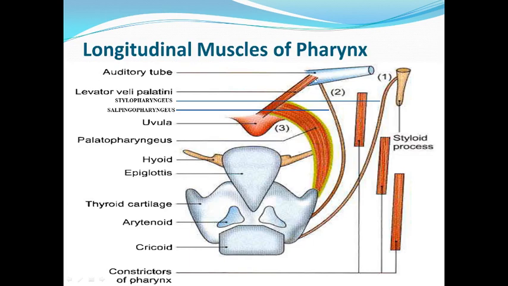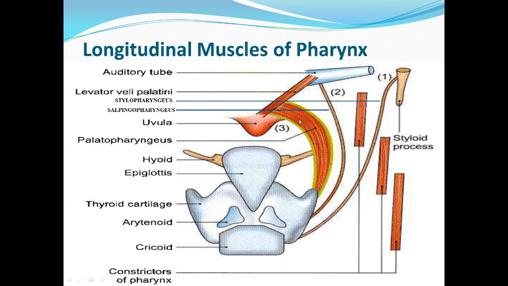Now talking about the second muscle, the salpingopharyngeus. You can trace here that the salpingopharyngeus originates near the auditory tube and descends from it, and merges with the insertion of the palatopharyngeus, or is inserted near the palatopharyngeus on the thyroid cartilage.